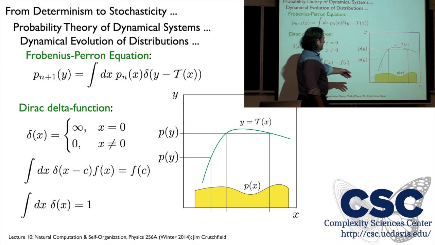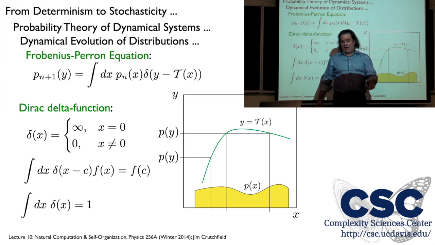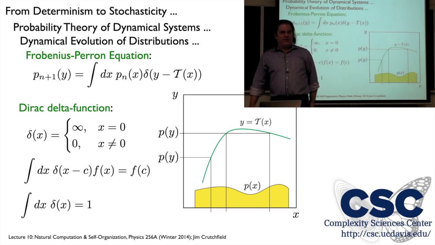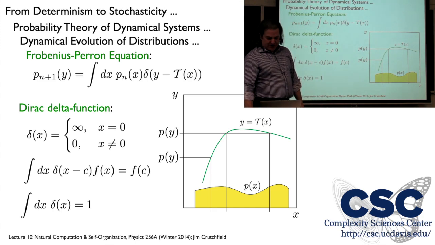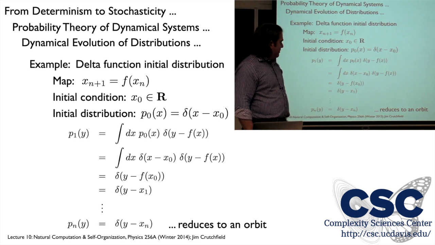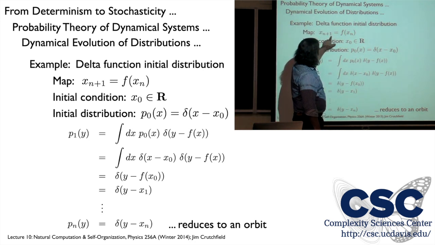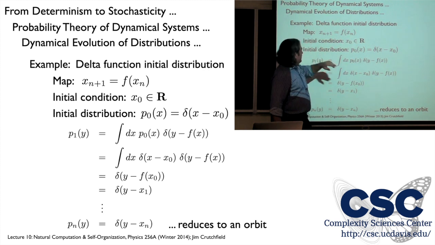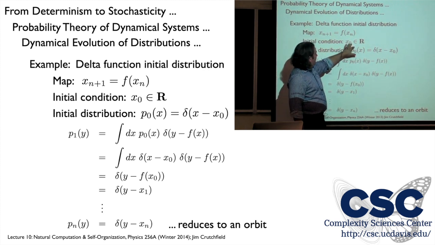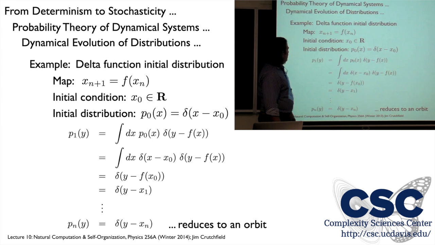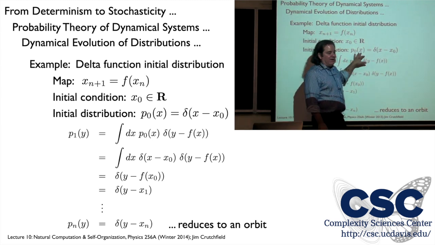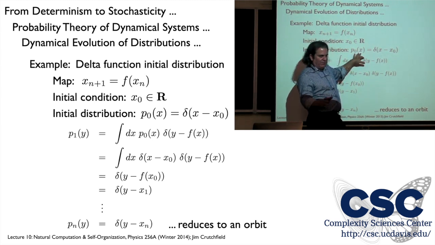Yeah, just some function. In fact, it can be discontinuous, it can be all sorts of things. So this is general enough. Okay, so just to exercise this a little bit to show how it works, let's think about a one-dimensional map. So x of n plus 1 is some function of xn. We have values on the real line. And then what we're going to do here, and this might sound a little silly, but it's a good base case to get started with.